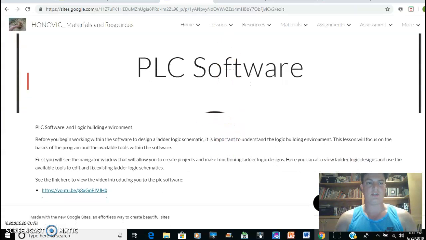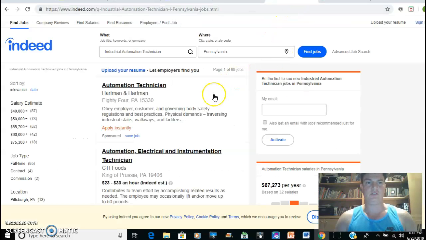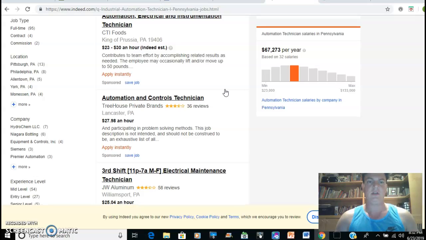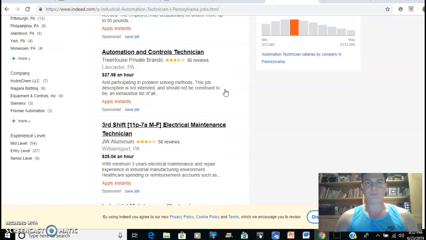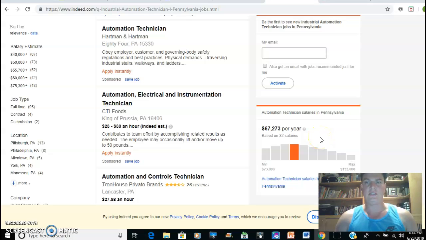As for who I'm trying to reach with this, I made it specifically for the ECM students taking ECM 224 at Hudson Valley Community College, but it could also reach some of the industry professionals. If we take a look here on Indeed, I have the area as Pennsylvania, but that doesn't really make a difference. There's a ton of automation jobs for control technicians, industrial technicians, industrial maintenance. So I really do feel that if we can grow the ECM program and provide more of these workers